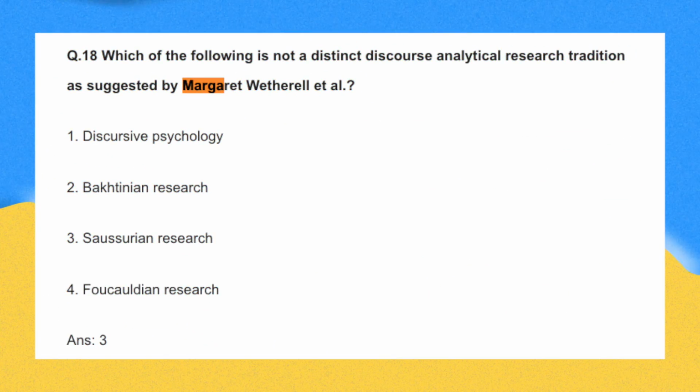For example, they asked: Margaret talked about discourse. She discussed Freudian discourse. She talked about Bakhtin's discourse. So that is a question. They are not asking directly; they are connecting it with different schools of thought. We are seeing a multidisciplinary approach in these questions. Even one question has 3 to 4 writers. That is how they are asking the questions.